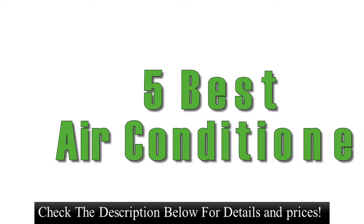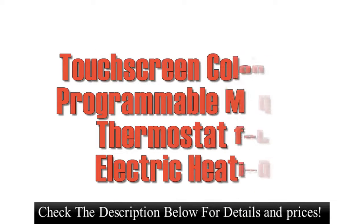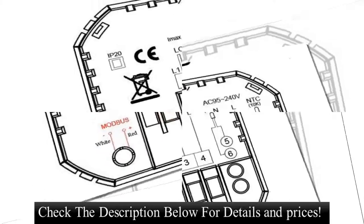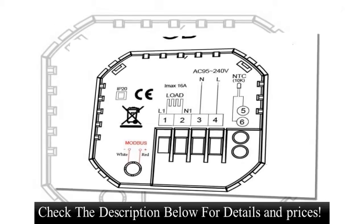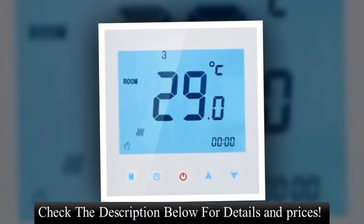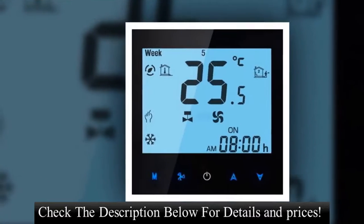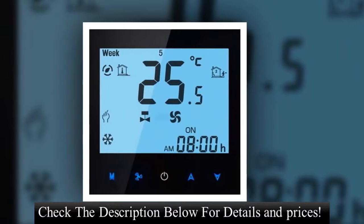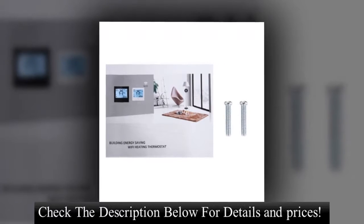5 Best Air Conditioners. Here is the product number 5. Touchscreen Colourful Thermostat. Modbus Thermostat. Place of origin: mainland. Brand name: SML. Model number: SML 1000 GB. Type: HVAC systems. Power supply: 95-240 VAC, 50/60 Hz. Current load: maximum 16A for electric heater. Application: